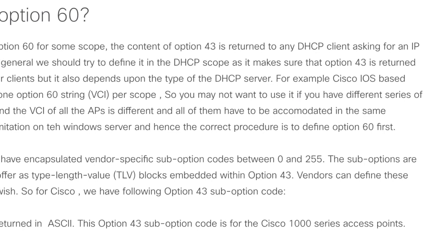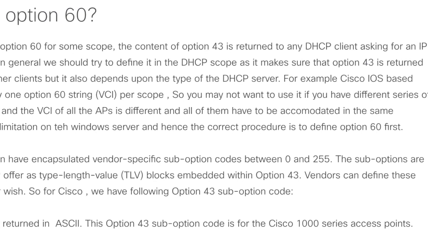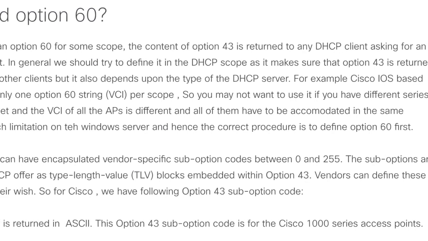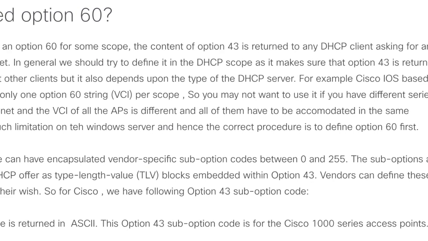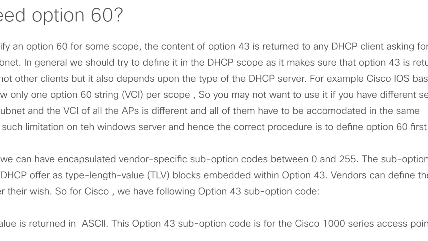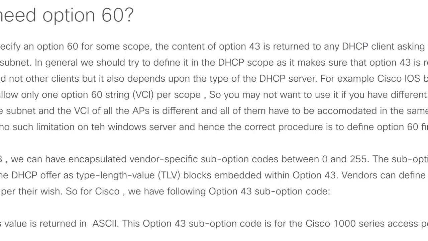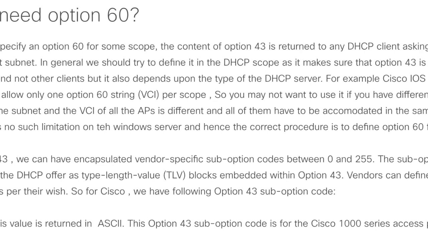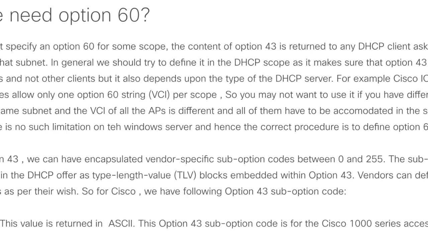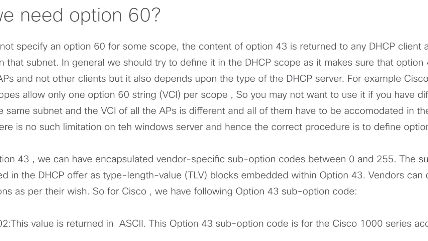In general, we should try to define it in the DHCP scope as it makes sure option 43 is returned only to the LAPs and not other clients, but it also depends upon the type of the DHCP server. For example, Cisco IOS based DHCP scopes allow only one option 60 string, that is the VCI, per scope. So you may not want to use it if you have a different series of access points in the same subnet and the VCIs of all the access points are different and all of them have to be accommodated in the same scope. There is no such limitation on the Windows server, and hence the correct procedure is to define